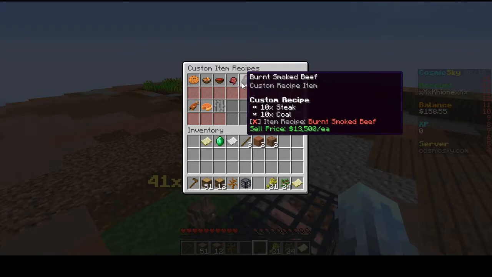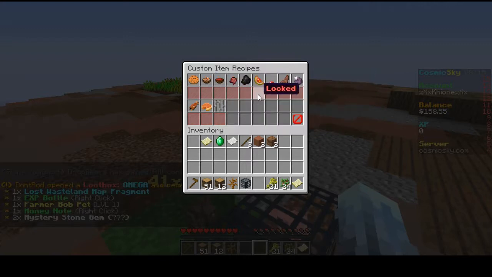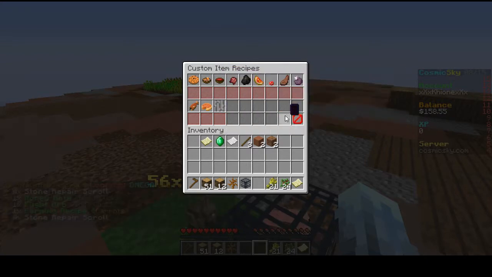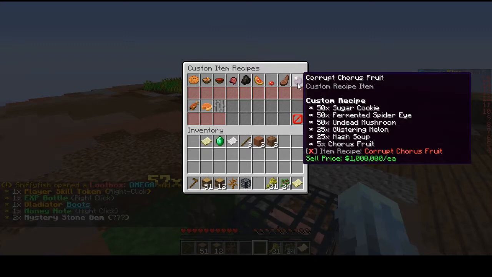So if you were to get this, which is $13,500, and this item, which is $11,500, that would be $24,750 if you were to sell these two individually. Combined, you would be able to get $37,500, which is just almost $12,000 extra. Then you have your